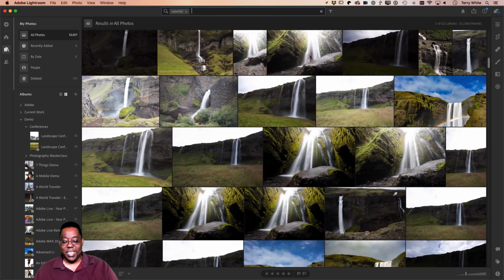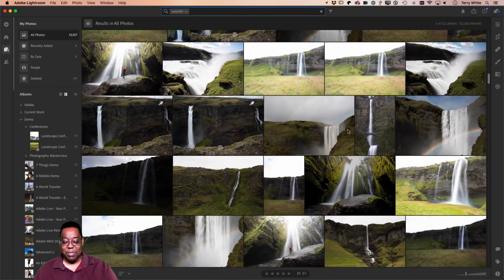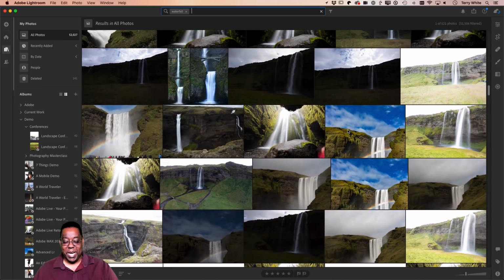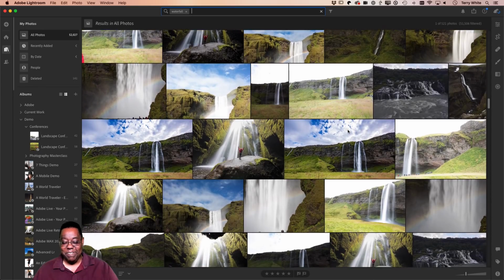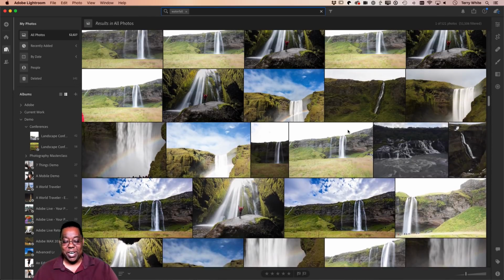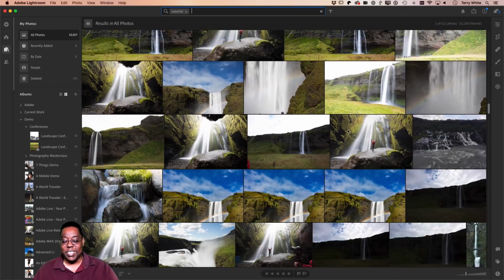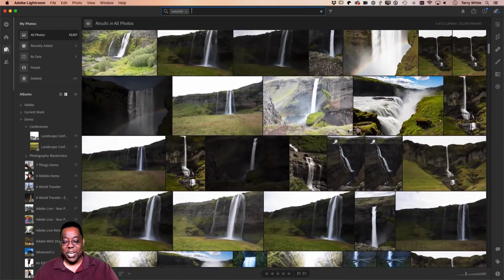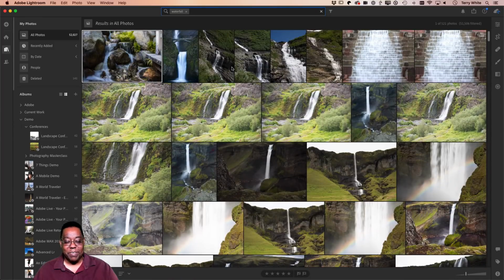and it's artificial intelligence. It's going to guess wrong. So some of these, if I keep scrolling, probably aren't waterfalls. But I don't care if three of them are not waterfalls, as long as it found the waterfalls. It could find some random other ones that I don't care about, but more importantly, it will find the ones that I do care about, even though I don't remember when or where I was. For example, these are not in Iceland. This one I think is in India. This one is in Oregon somewhere. This one's in LA. So it's going to find waterfalls no matter what. And that's the beauty of being able to search in Lightroom Cloud.